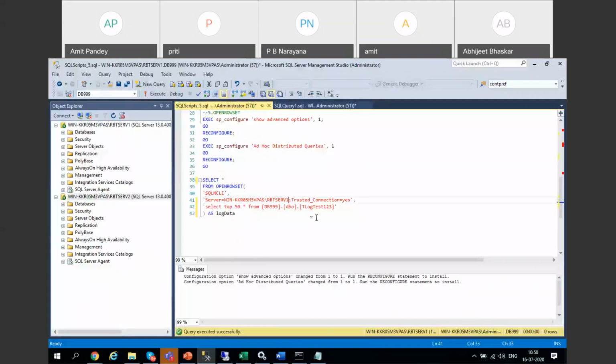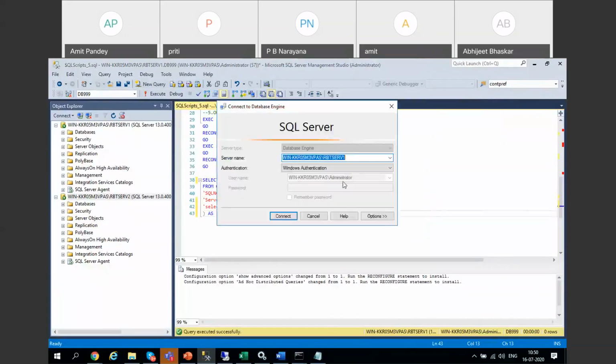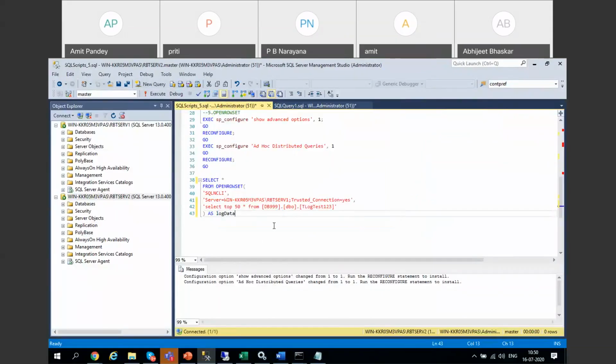Yes, that's it. Now I want to pull data from server 1. So ideally, let me go to server 2 and change my connection to server 2. I want to sit on server 2 and then pull data from server 1. Now you see I am on server 2, but this table is on server 1. So if everything is good, I should be able to get this data. This is a good thing, right? You are sitting on the US server, but you are pulling data of the Australia server. If I run it,